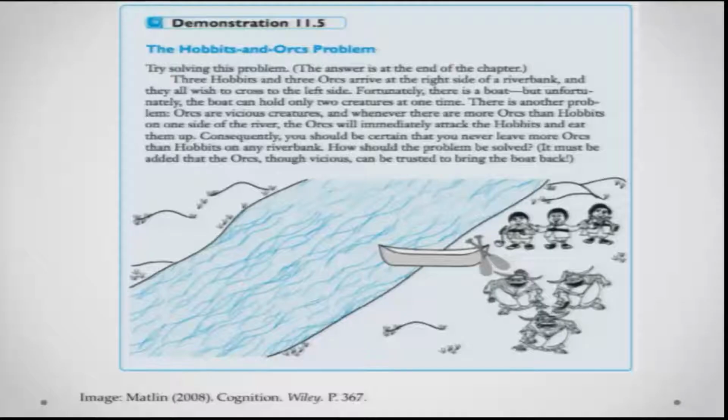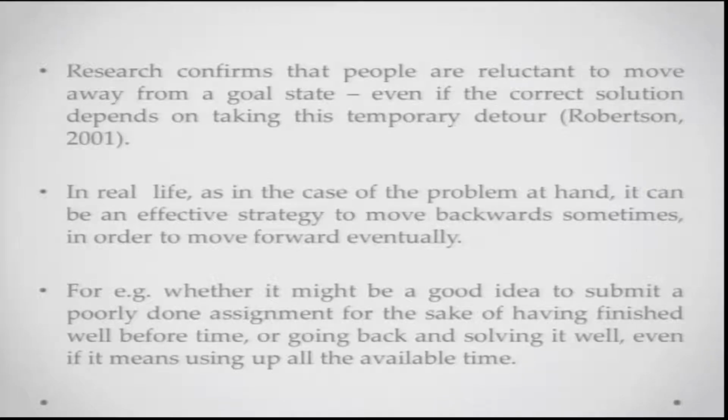So, this is just a demonstration of how people might be using the means end heuristic. Now, a lot of research, by the way, confirms that sometimes people are reluctant to move away from a goal state, even if the correct solution sometimes depends on taking a temporary detour. For example, the larger problem is crossing the river, but you also have to tackle this problem, because otherwise there are more orcs on one side and fewer hobbits, and they will be